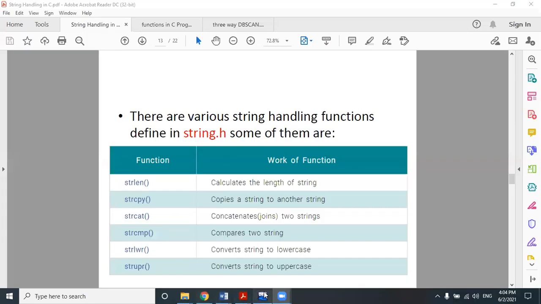So today I am going to continue with the discussion of the string. Today I am going to show you what kinds of system defined functions are available in C programming, which are applied on various kinds of strings to perform different kinds of operations on a string, right? So if you remember, let me share my screen. I think the screen is visible to you.